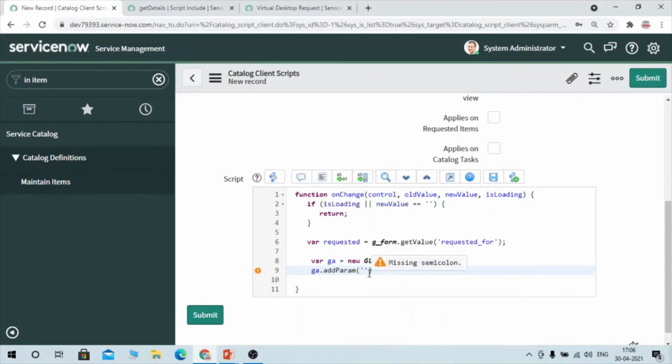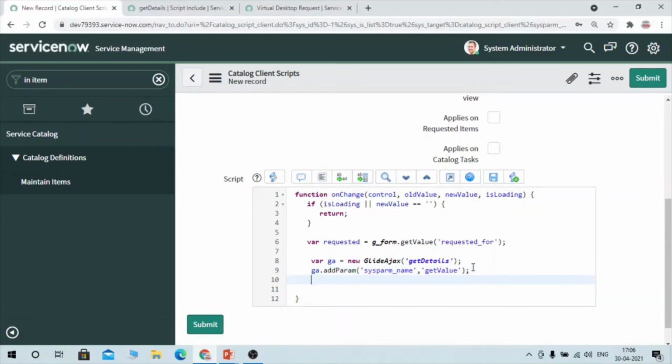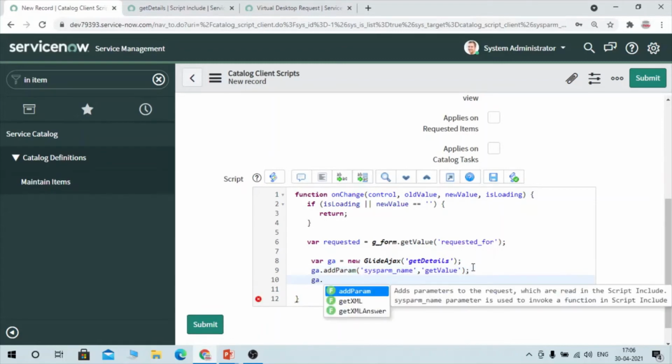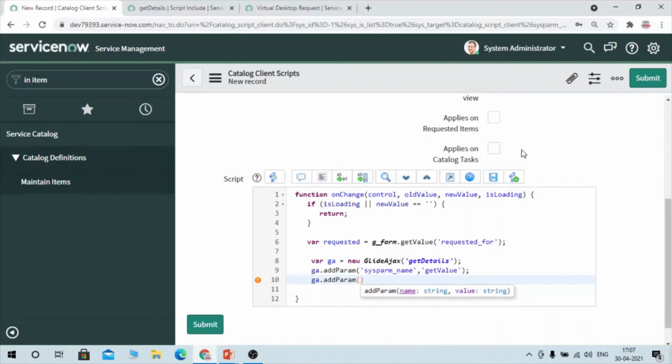Here I have to pass the parameter name, and give my method name, which I need to invoke. Now I am going to add one more param, because I need to pass requested for also as a param.